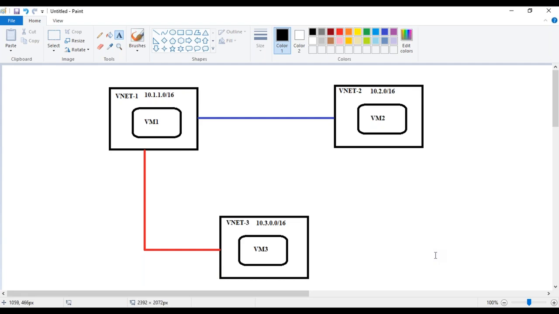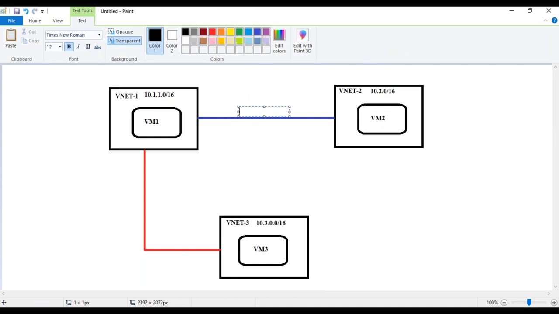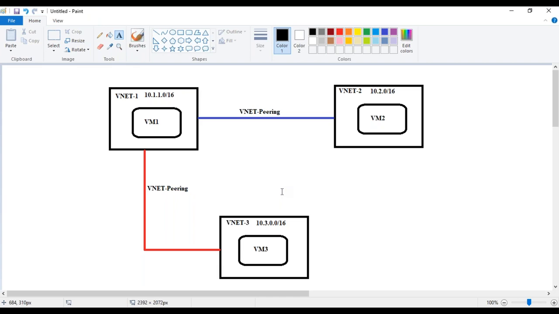Second important thing is, this is the VNet peering. As I was telling you, this is a VNet peering. Now VNet peering doesn't support transit, guys. If I say transit, what you need to understand is, see, VNet 1 is connected to VNet 3 and VNet 1 is also connected to VNet 2. Doesn't mean that VM3 can communicate with VNet 2 like this. No, it won't. This is basically transit.